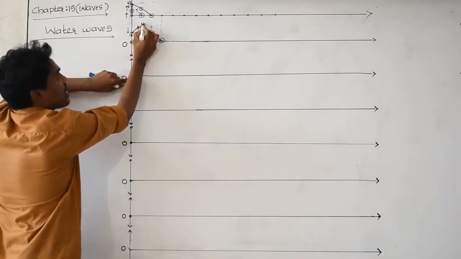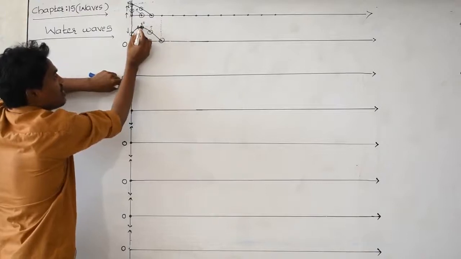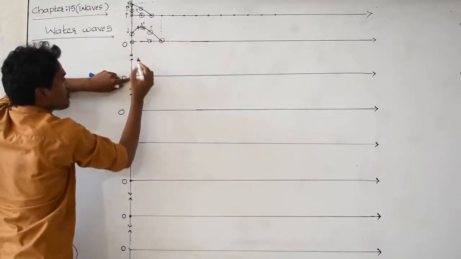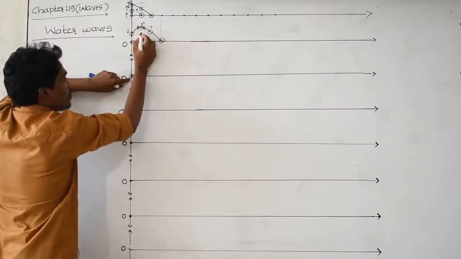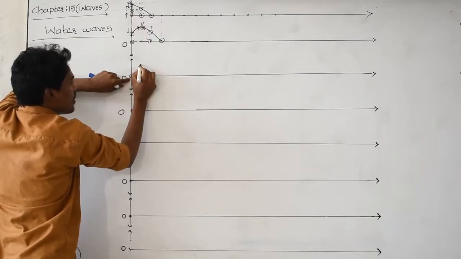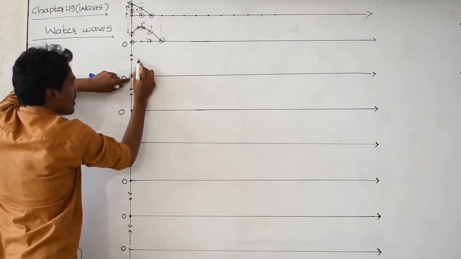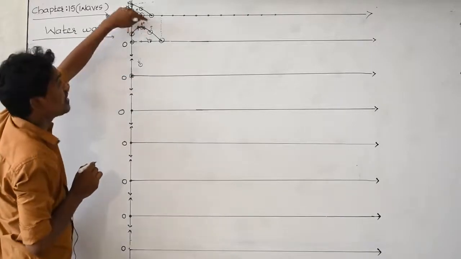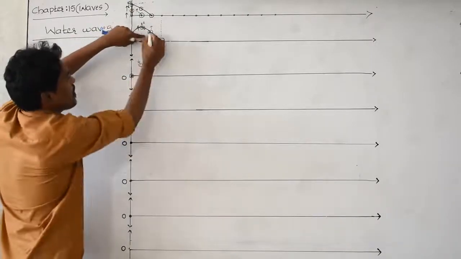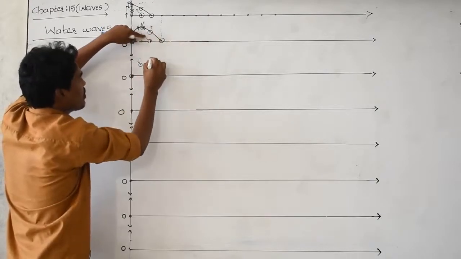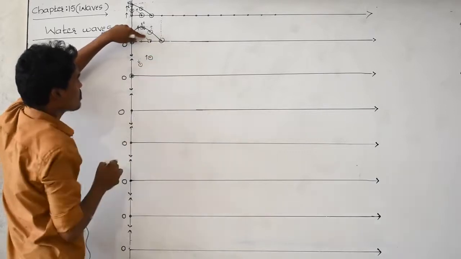Restoring force is acting on this particle in the downward direction. That's why it is coming downward, and again starts coming downward. From this point to this point it is reaching again. I am showing here. It is coming in the downward direction. And what about this particle? It is moving in the upward direction, meaning from here to here it is reaching. I am showing here to here. It has moved in the upward direction.